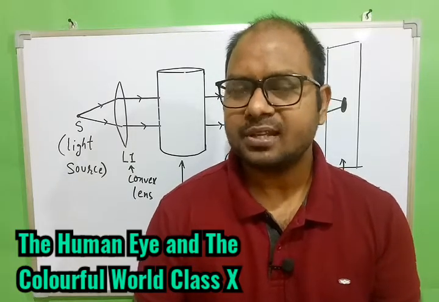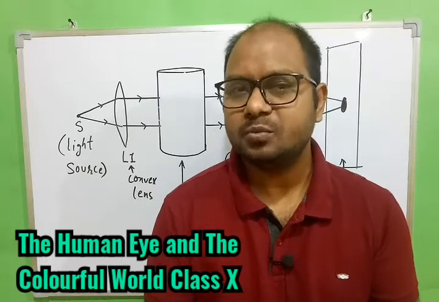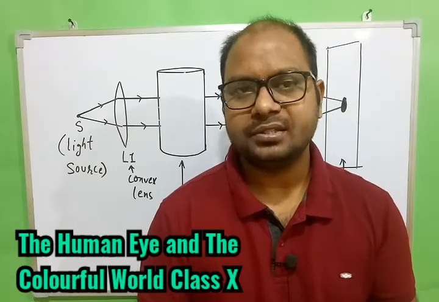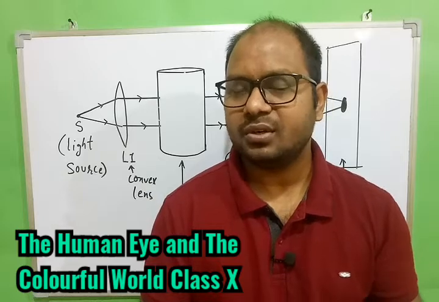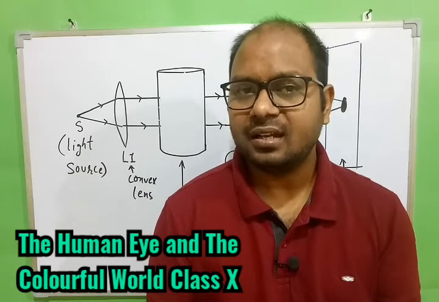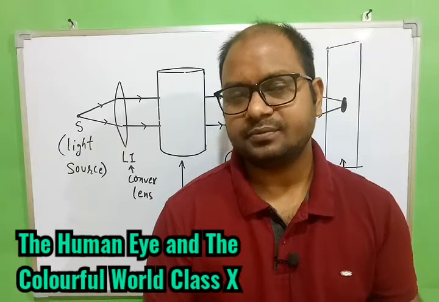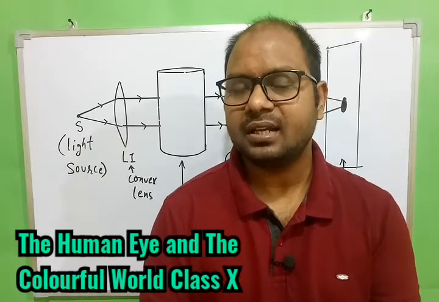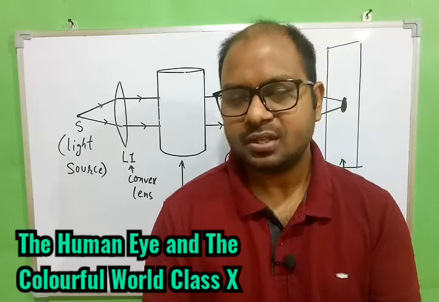Based on that we understood some natural phenomena, like why the sky appears blue in color, why we see the red color of the sun in the morning and evening, and even the white color of the sun during the afternoon, and why we use red color for the traffic signal. That is all we understood in the previous class. So if you have not gone through the previous video, go through that so that you can get a good understanding of the concept.